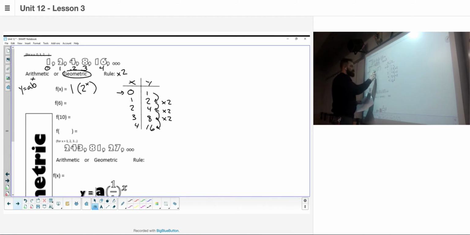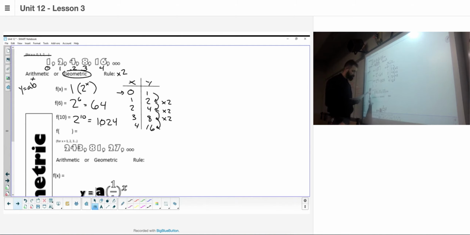1 times, we don't even have to write that 1 part anymore because anything times 1 is just itself. So we just kind of get rid of it, make it an invisible 1. So we just get 2 to the 6th power. 2 to the 6th power is 64. 2 to the 10th power. What's 2 to the 10th? That's not 2 times 10. It's 2 times 2 times 2, 10 times. You just keep multiplying it, which is